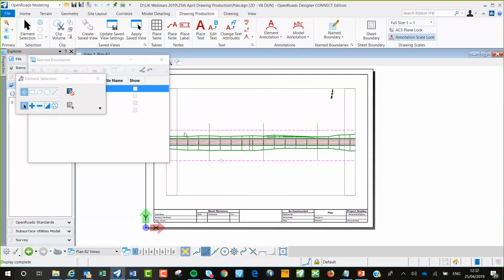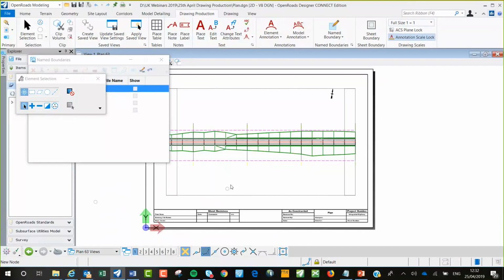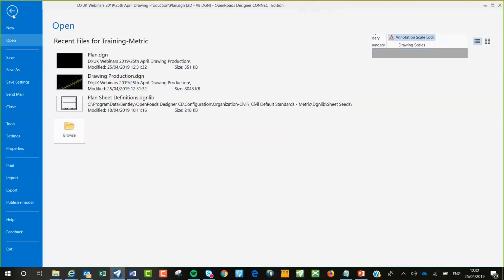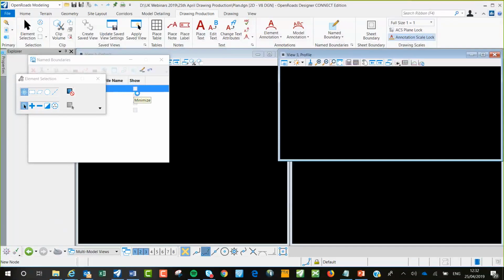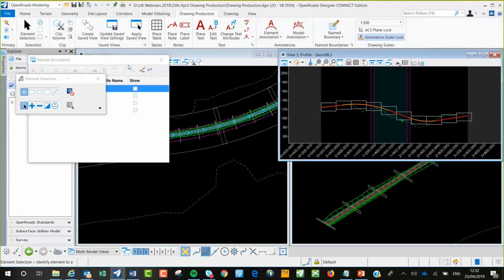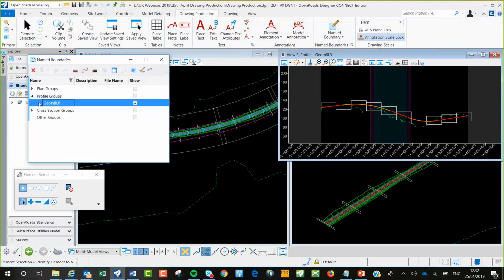Okay, so it's as simple as that. Those are some plan views, and as you can see, they're all scaled up and inside our drawing frame. I'm just going to go through and repeat. Back to our main drawing production drawing, and it should load back up our profile and our named boundary groups, and I'm just going to repeat the process again. If we expand it, all the sheets are on there, and I'm going to show the drawing dialog because I want to